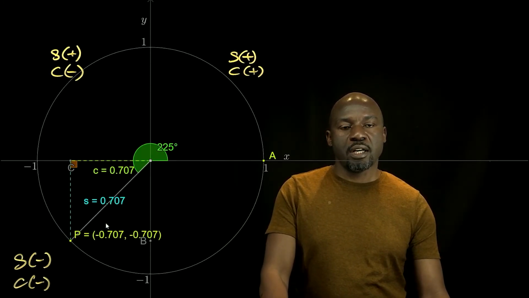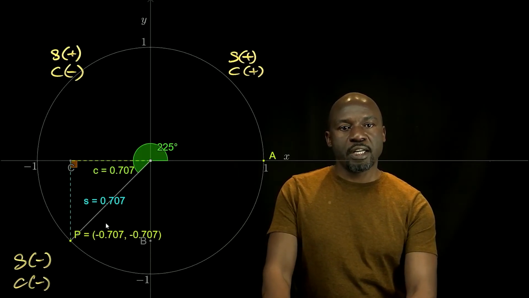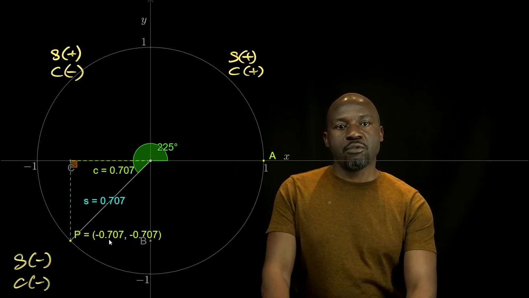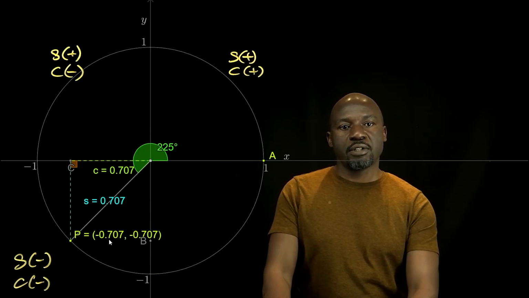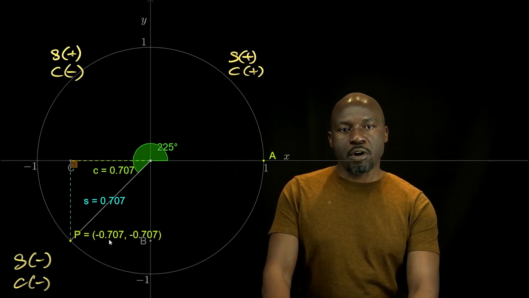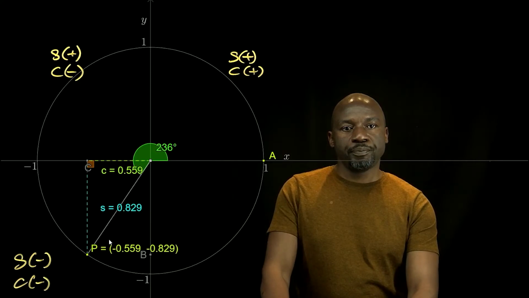225 is a common angle that you will get to know. The sine and the cosine are the same, and they are both negative 0.707. That is the same as 1 over the square root of 2, or square root of 2 divided by 2. As we continue,